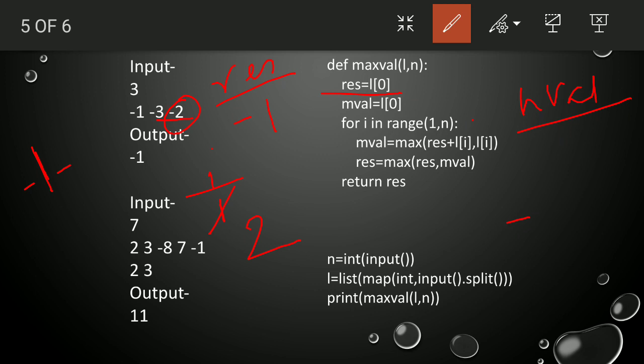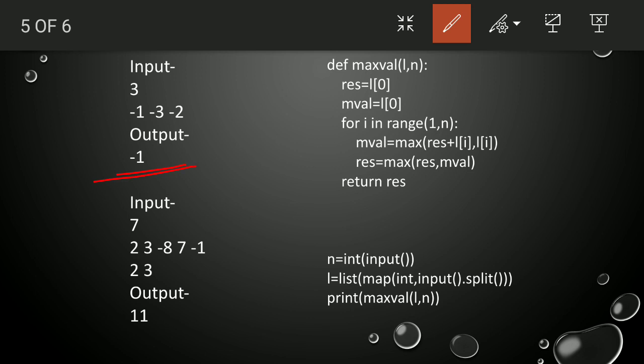L of i is L of 2, which is -2. So -1 and -2 is -3. So this contains -3 and L of i is -2. So what is the max? -2. So M value contains -2 and res equals max of res, which is -1, and M value, which is -2. What is the maximum? -1. So res contains -1 only. So we will return res, that is -1 will be our output. So this is our output.